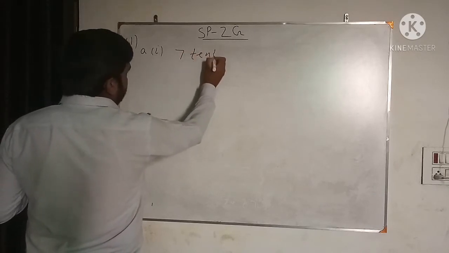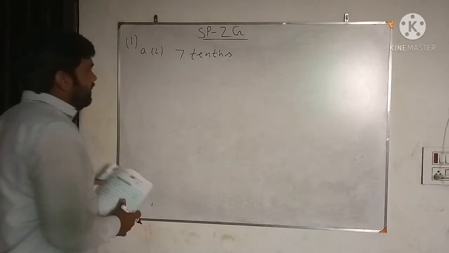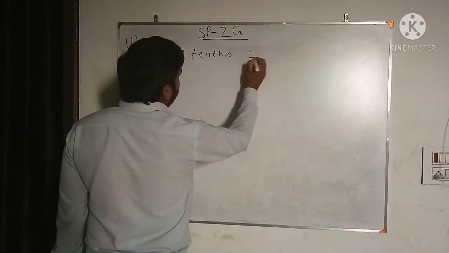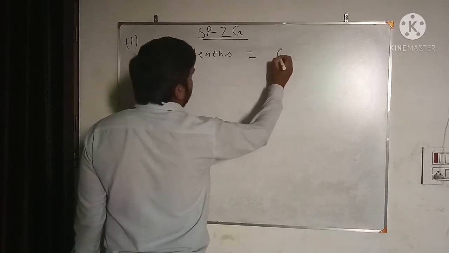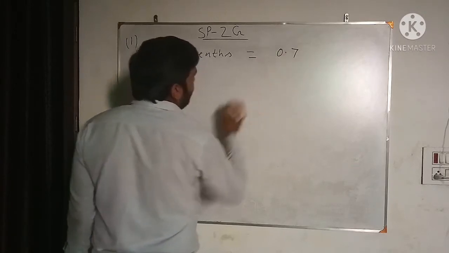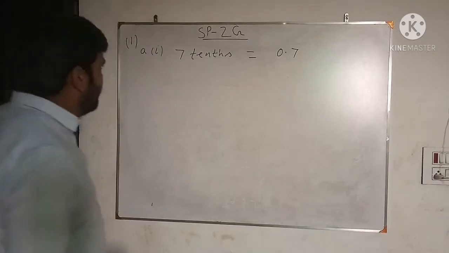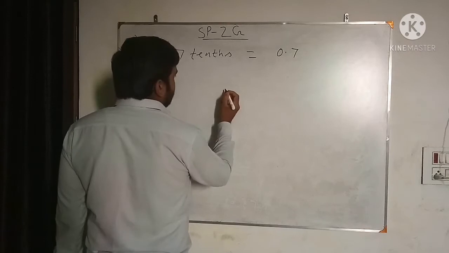So how do we write 7 tenths as a decimal? Tenth means at one decimal place. So 7 tenth can be written as 0.7. So now in the decimal place value, see,